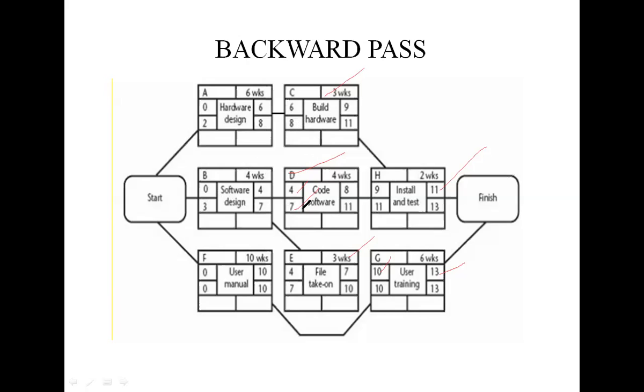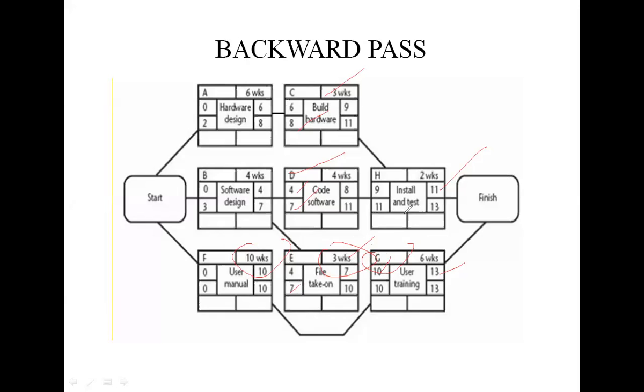Here activity D is also E is 7, and activity C is 8. Then activity G cannot start until both E and F have been completed, so it cannot start until week 10. E takes 7 weeks to complete, but F takes 10 weeks, and G itself takes 3 weeks, so it finishes at 10 plus 3, 13 weeks.